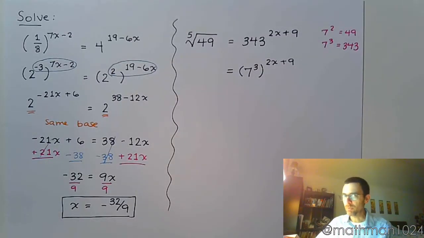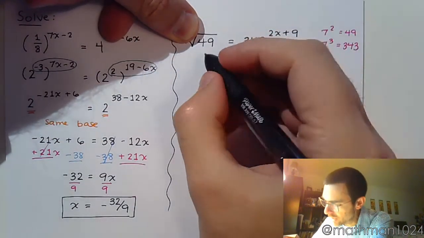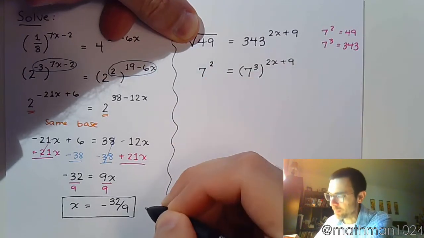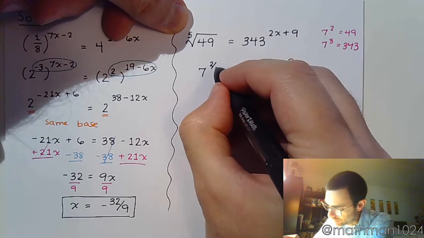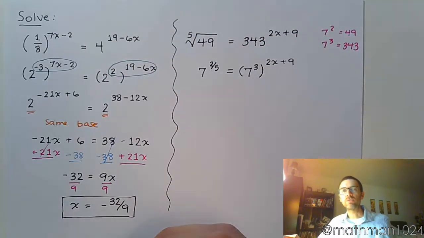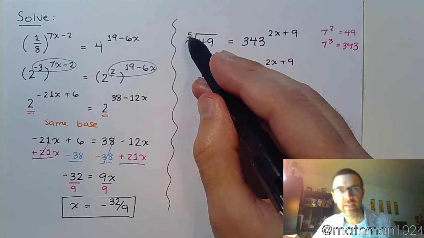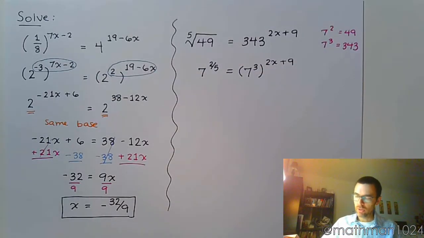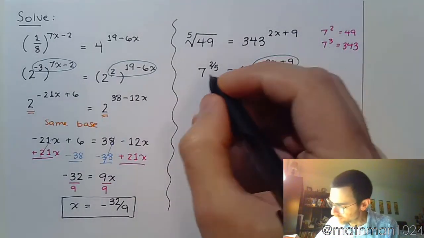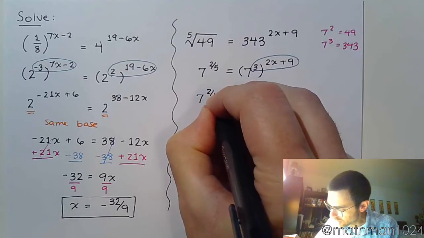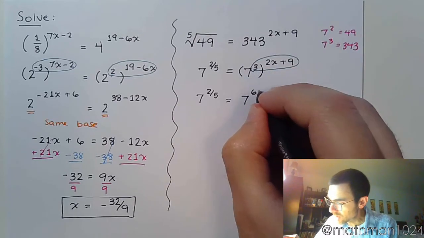On the left side, it's a little bit more difficult because of the radical. If I don't have the radical here and I just have 49, you would say that this is 7 squared. But since I do have a radical, that index becomes the denominator of my power. So it becomes 2 over 5, just like that. So 7 squared is the 49. That denominator of 5 is the index for that radical. And now we have a power to a power, so we're going to multiply these guys. 7 to the 2/5 power equals 7. Make sure you distribute. That's 6x